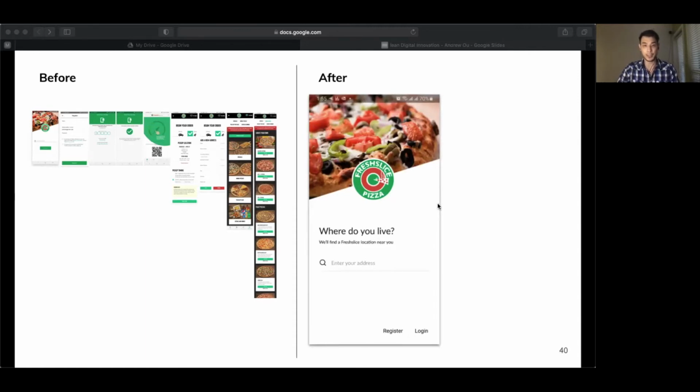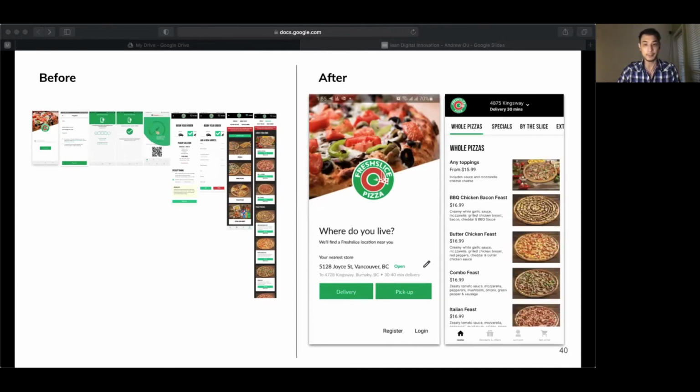What we want to do is engage you immediately by making you enter your address to see whether we can serve you or not. So as you type in your address, we're also going to have autofill just to make it easier for you. And then when you tap on that, it's going to display the nearest store for you. And as soon as you tap delivery or pickup, it's going to show you the menu, just like this, within 2 steps. And this is how you increase the revenue of a product, by making it intuitively easy to use and lovable.